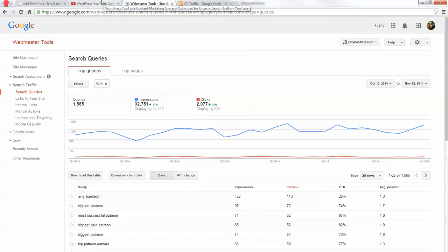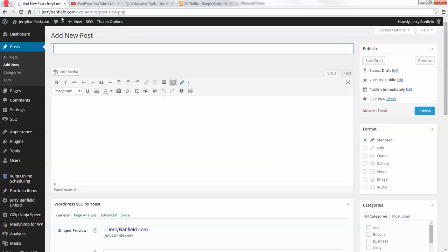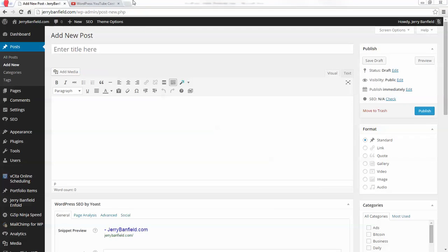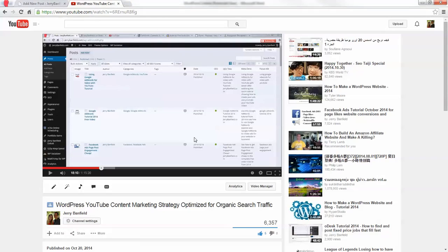If you have something as simple as a WordPress website, a YouTube channel, a screen capture program such as Snagit, and then some hosting on your own URL, which you can get from HostGator for $10 a month or something even lower than that, or higher if you want faster speed. The beauty of this is how easy it is to do. And you might want to scale it up using transcription people on Odesk, which I'm doing. But I'm going to show you the whole thing from start to finish. So first,